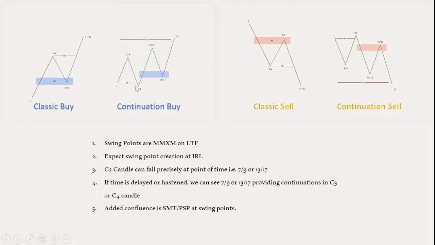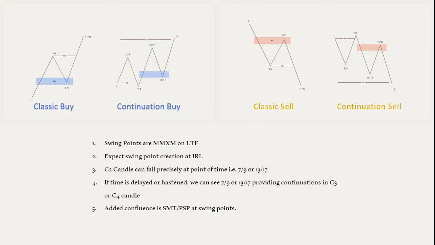Similarly, if you are moving in a bullish trend, then we have the previous low as IRL. If price sweeps out that low and then breaks out of this range, or gives us an MSS, then we can catch continuations from this low and then move towards the ERL or higher time frame